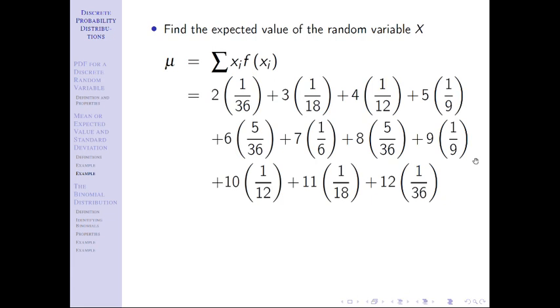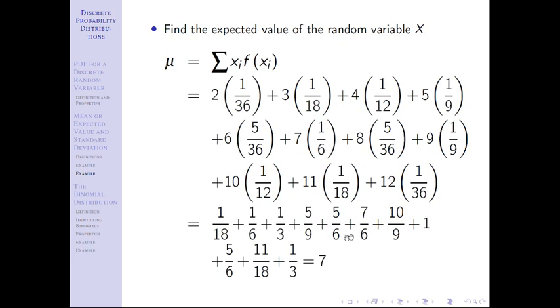As we discussed, I'm working with the reduced fractions. I don't recommend that unless you just love it. It'd actually be easier if you did the out of 36s, because then you wouldn't be dealing with all these weird denominators here and trying to figure out what they add up to. In the end, you get 7.